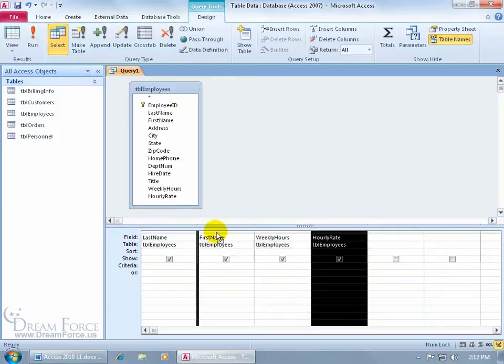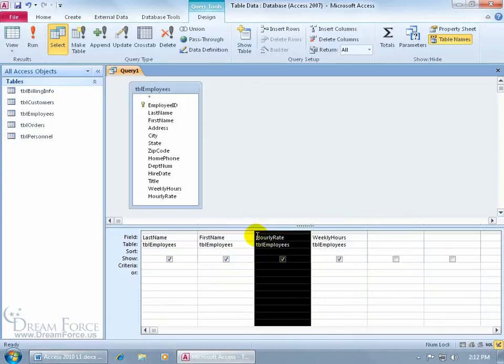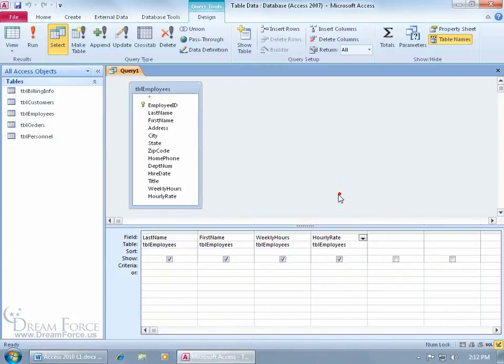If I move it over here in between those two, if I move it back and I let go, that's where it dumps the column that I have selected when I clicked and dragged it. You can click and drag it back, and then click off in a blank area here. And if I want to go ahead and see these fields and the data or the records of these fields,